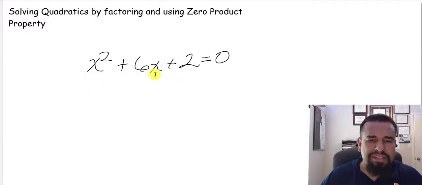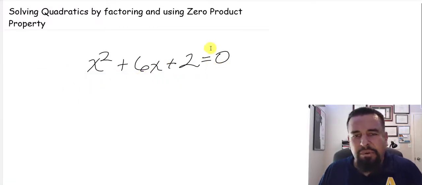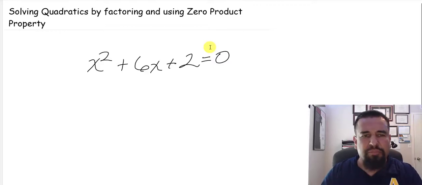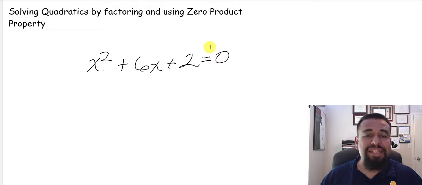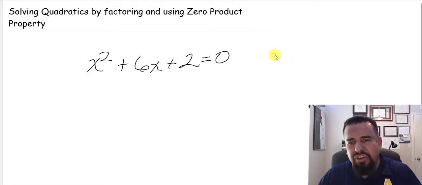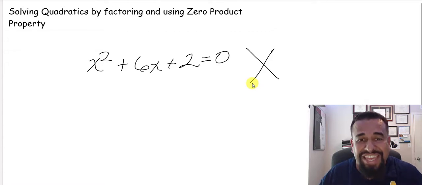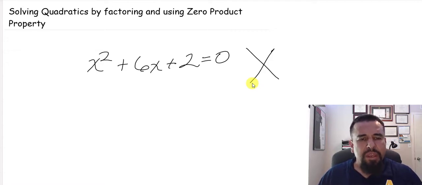We got x squared plus 6x plus 2 equal to 0, right? Already equal to 0 because I want to use the zero product property as well. I want to factor this and get my x-intercepts. But I notice as I start to do this, oops, where's my pencil? There we go. As I start to do this, I say, okay, 1 times 2 is going to give me